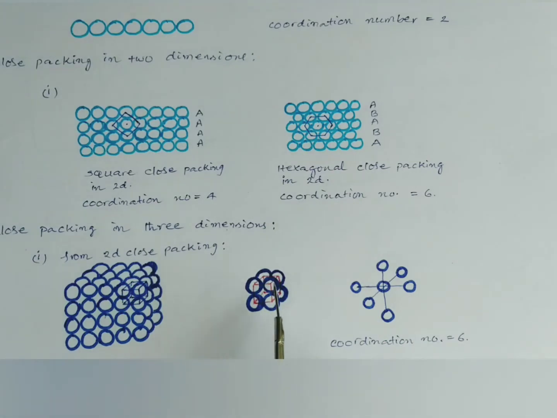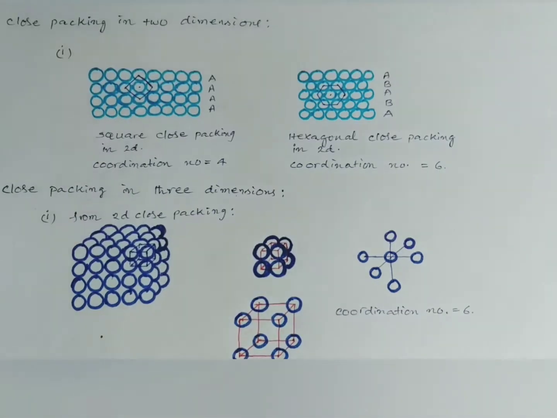Now the space present between these 8 atoms is known as cubic hole. So cubic hole lies here. To view it clearly, we have to slacken this structure. If you slacken this structure, it looks like this. So cubic hole lies here, but this cubic hole is not enough to accommodate the other atom to sit into this. So that is why these atoms have to move a little bit further up, so that enough space is provided in between and the atom is accommodated.